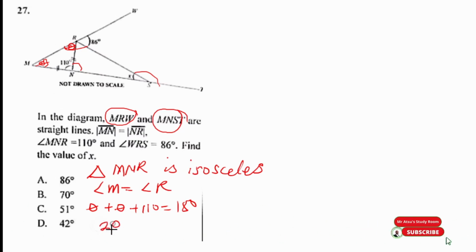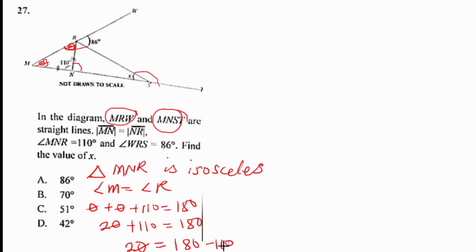That is 2 theta plus 110 equals 180 degrees. Subtracting 110 degrees from both sides, we are going to have 2 theta equals 180 degrees minus 110, which will give us 70 degrees. And dividing both sides by 2, theta is going to be